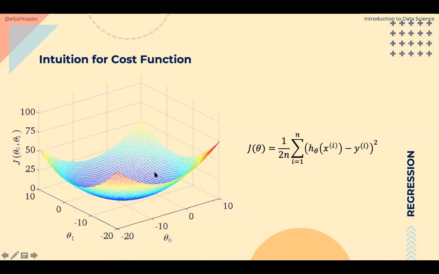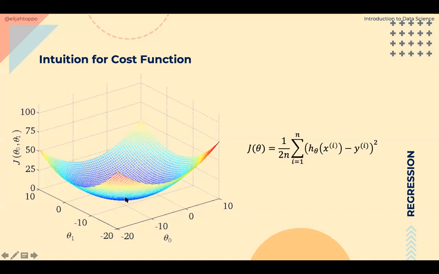Okay. And what this 3D surface plot suggests to us is that there is a minimum value somewhere here, and that minimum value is available at some point of theta 0 and some point of theta 1. If you keep theta 1 constant, and move different values of theta 0, we can see that our cost will go on increasing. Whether you increase theta 0 or reduce theta 0, cost will go on increasing except for that one point. Similarly, even for theta 1, if you keep on increasing theta 1 or reducing theta 1, your cost will go on increasing.